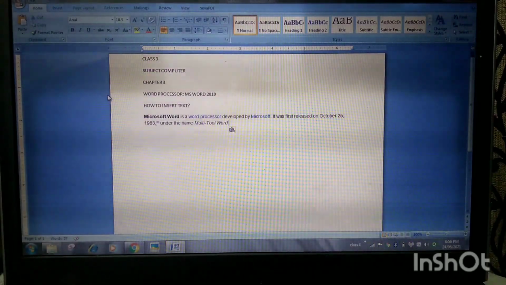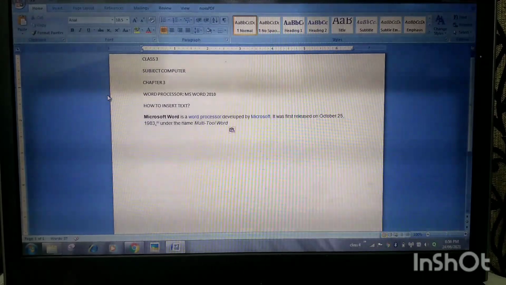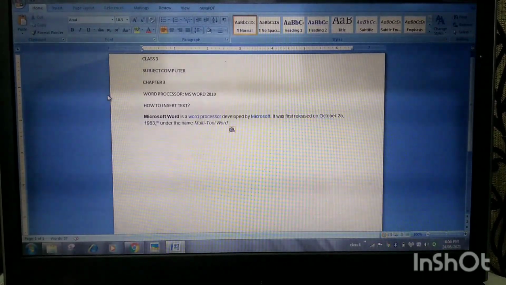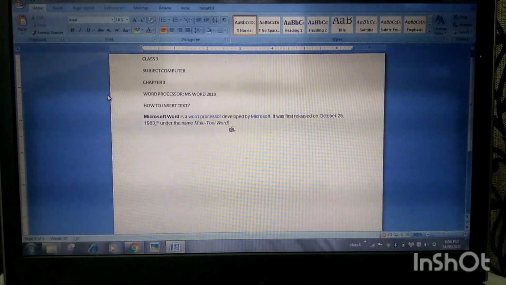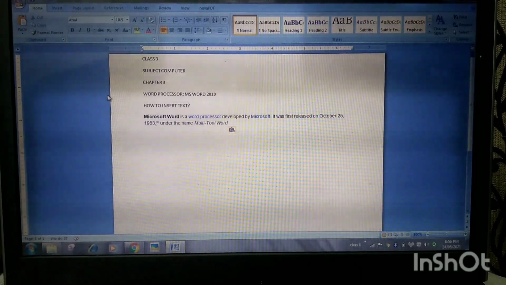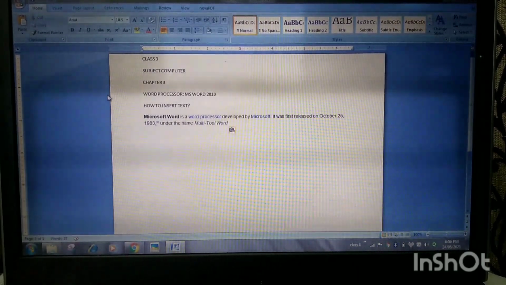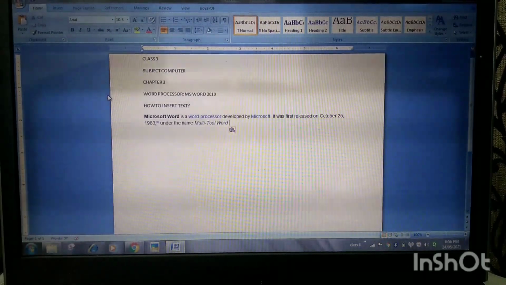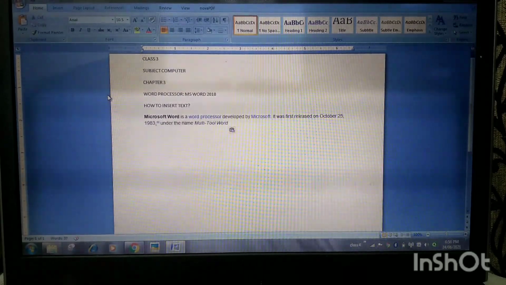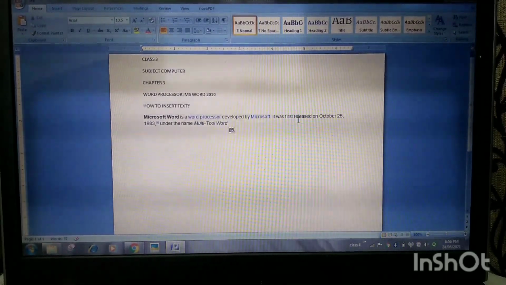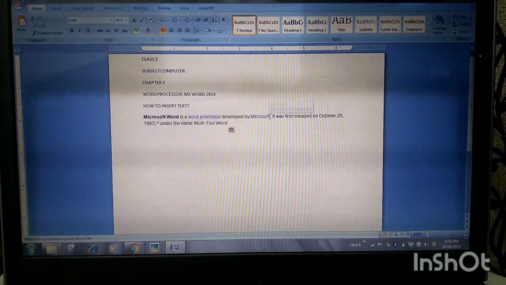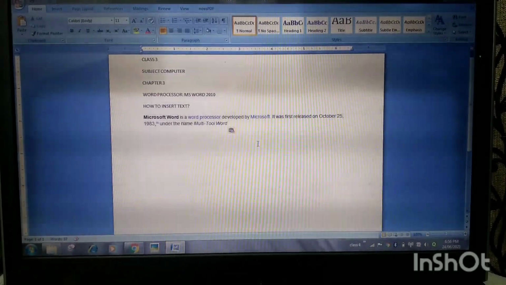Now kids, we will learn practically how to insert a text. First of all, you are able to see a Microsoft Word window on your screen. Okay, now to insert a text, first of all you need to move your mouse to the location where you want text to appear in the document. Okay, suppose I want to insert something here. Okay, now see, and clicked here.